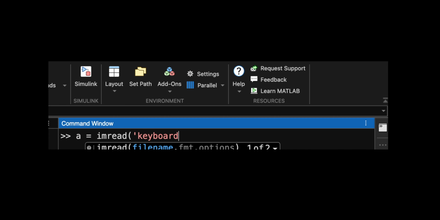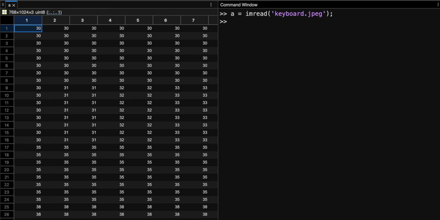Let's say I already have the keyboard image in my computer, and I use the imread command in MATLAB to read the JPEG format image, and this command will read the file and put the values in matrix A. Okay, so this is the matrix A. So we can see all the pixel values.